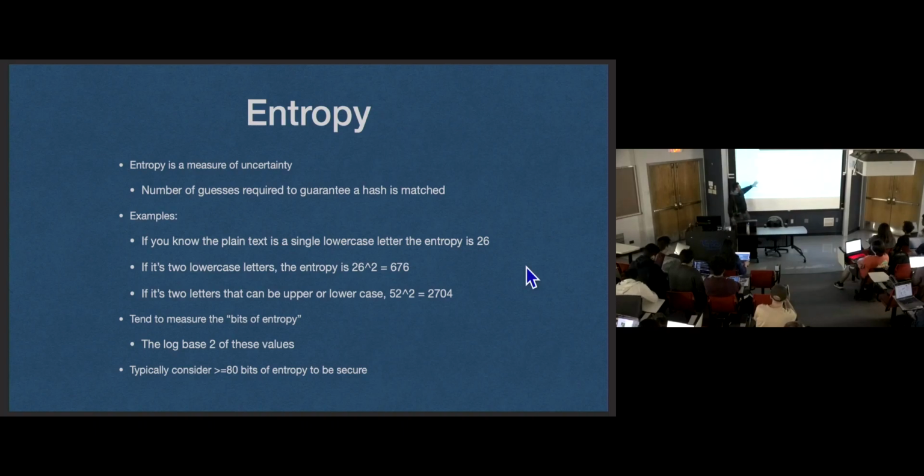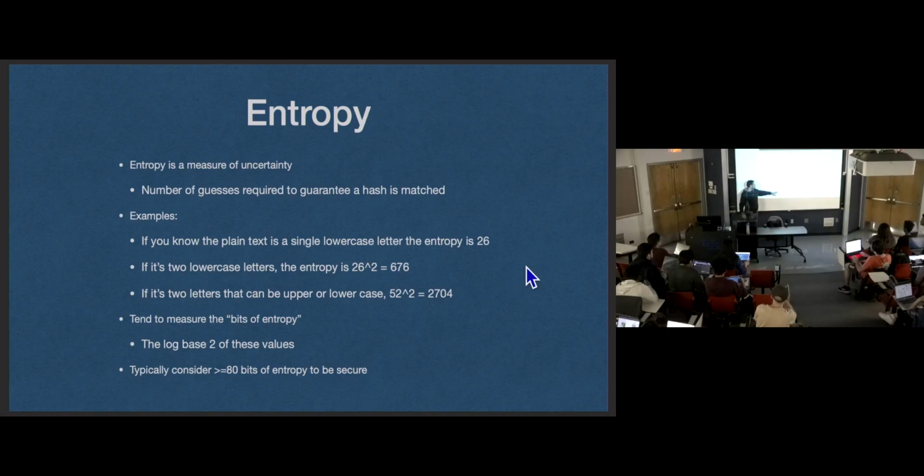So to mitigate that, to make these a little more usable, we usually talk about bits of entropy, which is the log base 2 of the number of guesses. That's our bits of entropy. And that's the measure we like to use because the numbers stay small. Log is, as you should all be well familiar with now, a very slow-growing function. So it keeps the numbers in a reasonable range.